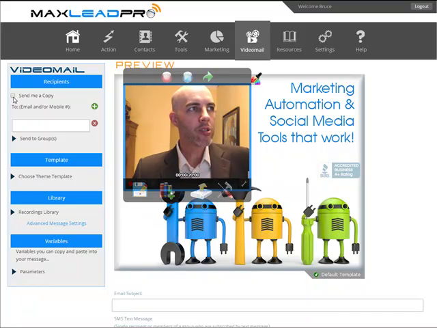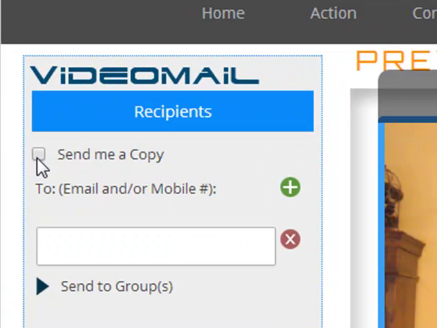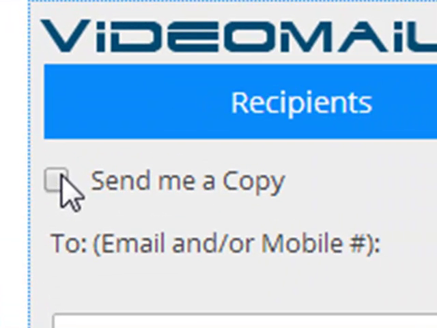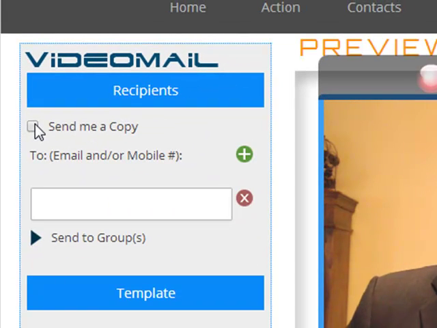Now, one of the most common things you'll probably want to do is promote your message on social media, for example. In which case you might want to just hit send me a copy, because when that message goes to you, you will then have the option to click on the message, and from there you can share it socially, such as on Facebook, on Twitter, on Google+, those sorts of things, to continue to get your message out there